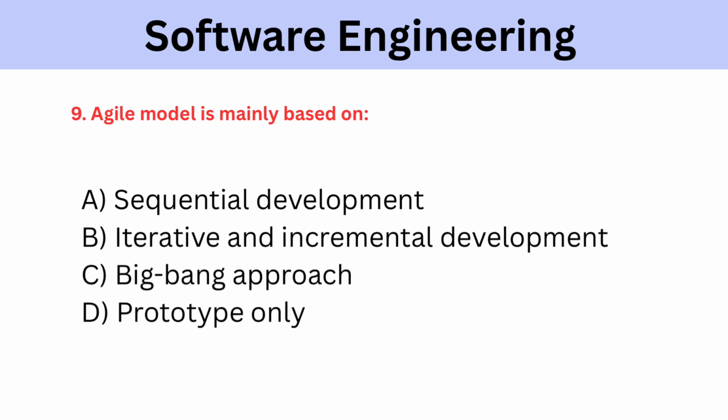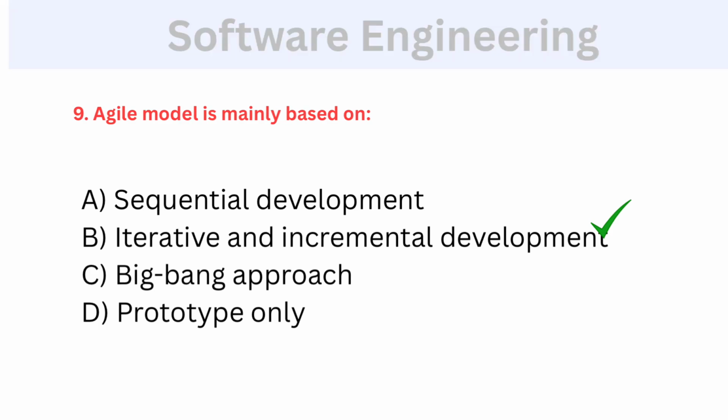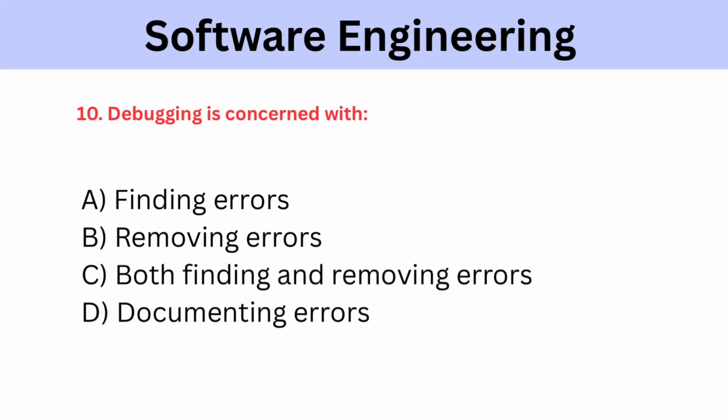9. Agile model is mainly based on A. Sequential development. B. Iterative and incremental development. C. Big Bang approach. D. Prototype only. The correct answer is option B. Iterative and incremental development. Debugging is concerned with